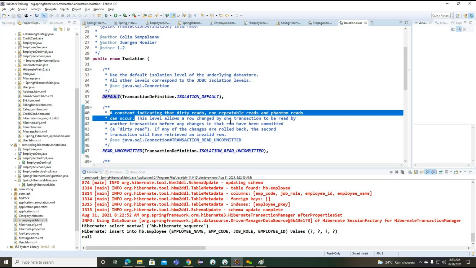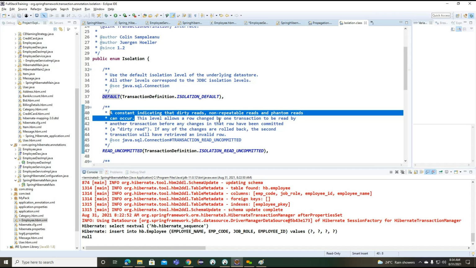Observe the difference between dirty read and non-repeatable read. In dirty read, one transaction tries to read data which is not yet committed by another transaction. In non-repeatable read, transaction 1 loads the data multiple times, and each time we get different data because transaction 2 is updating the data on the same table.